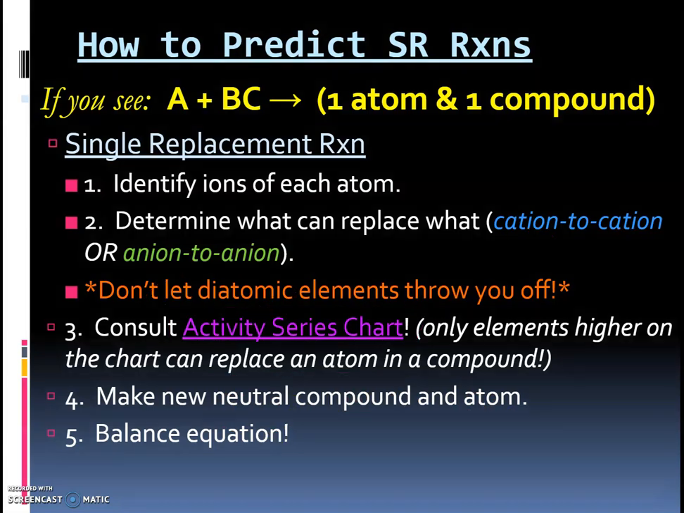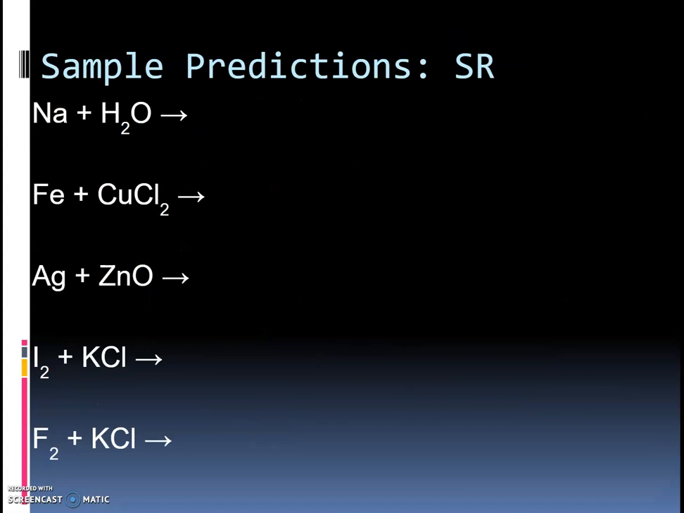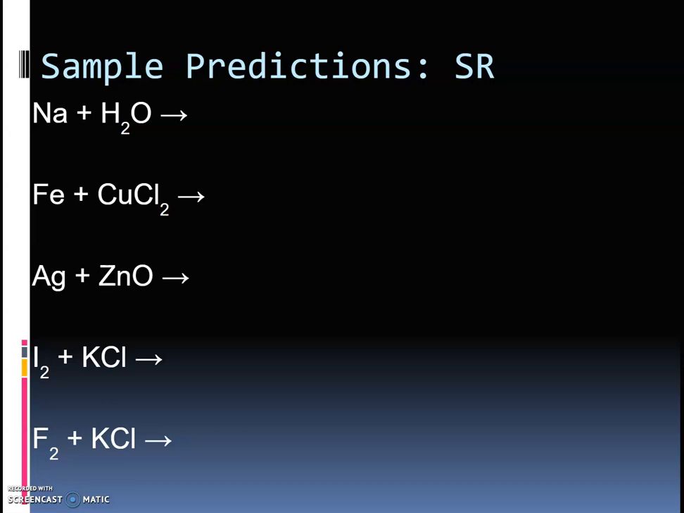Okay, so let's try these. All right, so we have Na plus H2O. Ions, ions, ions. They're never going away. Na makes a plus, H makes a plus, O makes a 2 minus. So Na is going to try to replace H. Is Na higher than H? The answer is yes. So kick hydrogen out. All right, hydrogen's diatomic. And then you're going to have Na plus and O2 minus, making